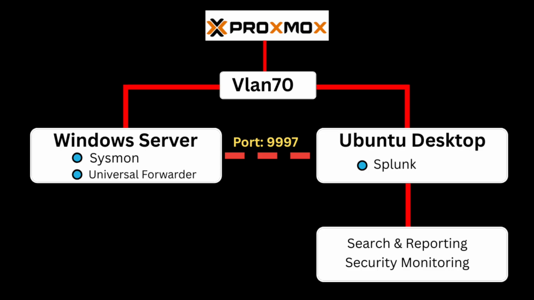This lab was deployed within my Proxmox environment. The environment consists of Ubuntu desktop running Splunk Enterprise, Windows Server 2025, Sysmon for endpoint telemetry, Splunk Universal Forwarder for log forwarding. Windows logs are forwarded to Splunk over TCP port 9997 and stored within a dedicated index called Win